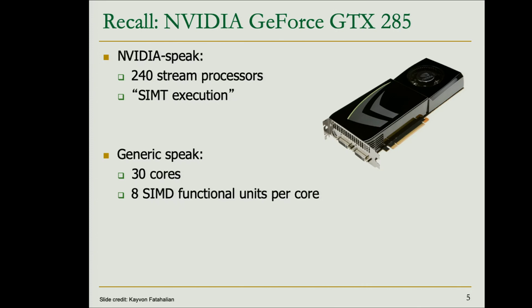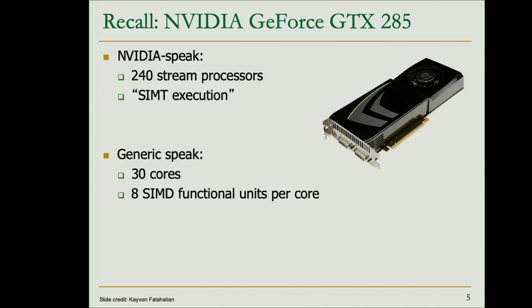Recall that we talked the other day about SIMT execution. We will recall that again today. And in generic speak, these 240 stream processors that NVIDIA also calls CUDA processors are actually 30 cores, 30 GPU cores, or 30